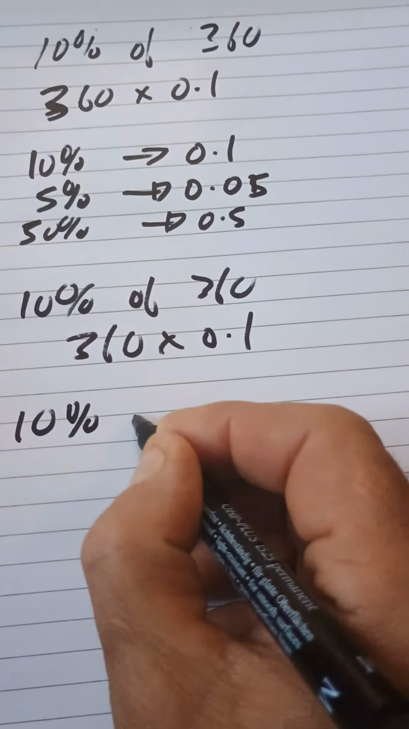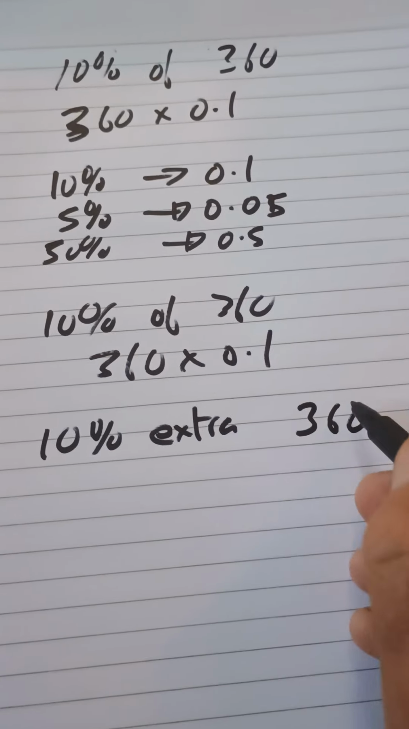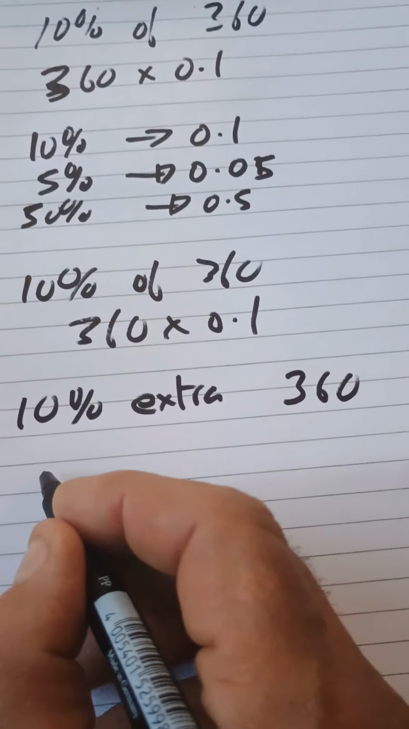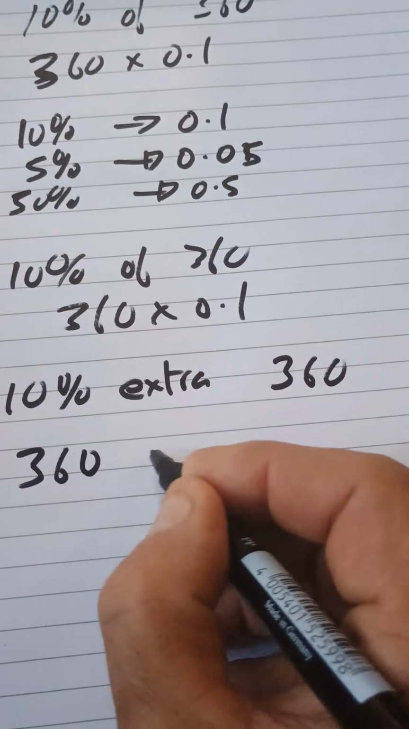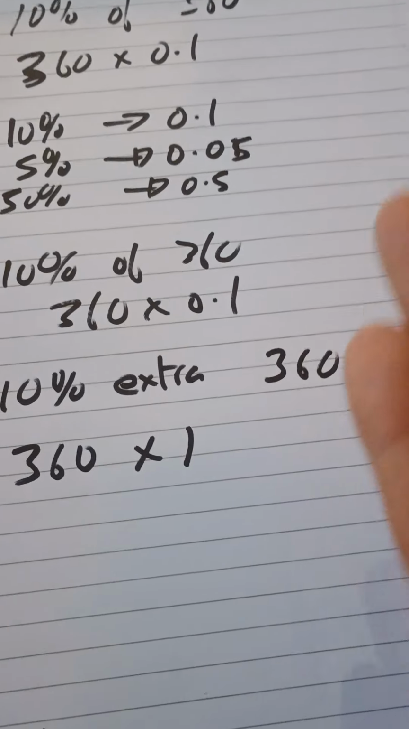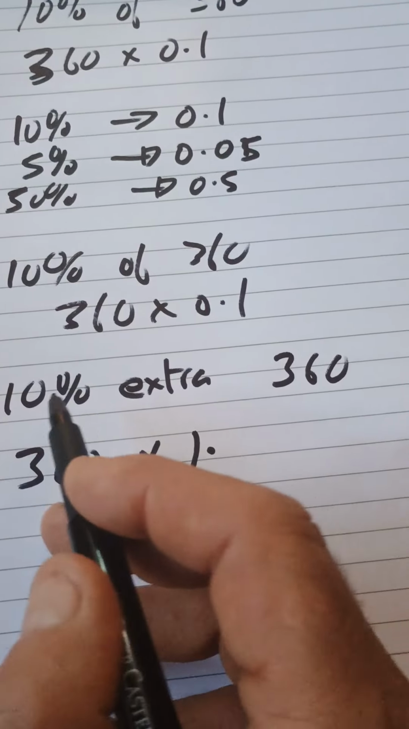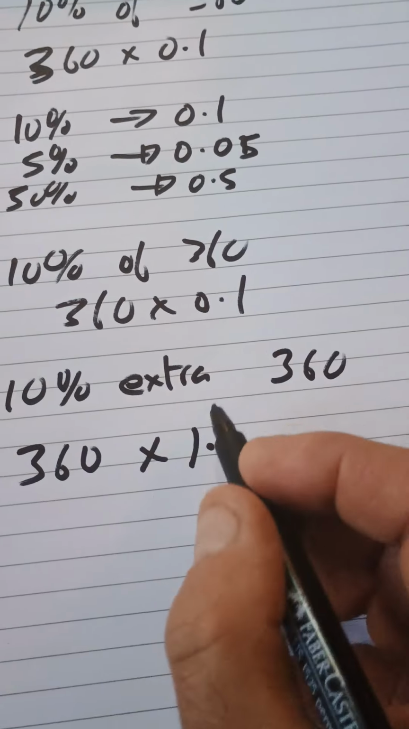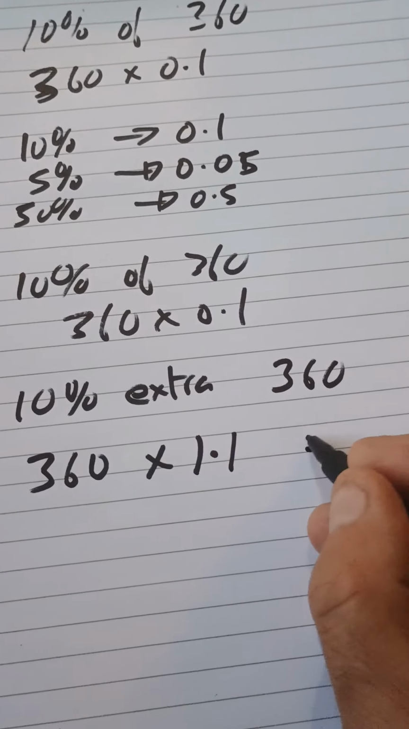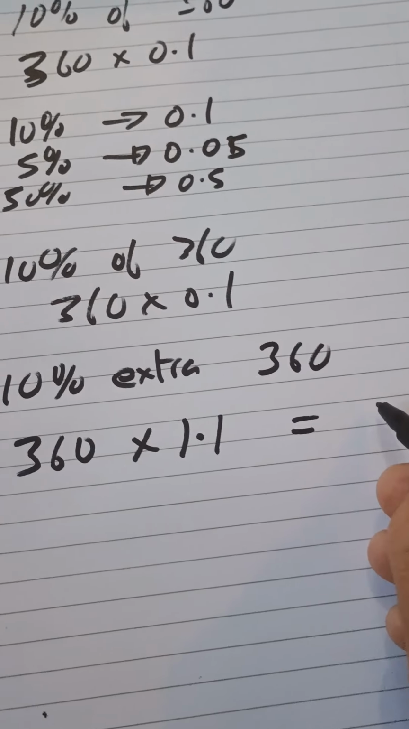10% extra. So you buy a bottle of drink, 360 milliliters, but it's got 10% extra in it. Then the easiest thing is to do 360 times 1. That gives you the 360. Remember, we're adding on 10%. And then we add 10%. There's the 10%, so we do 0.1. So then we end up with 360 times 1.1, which of course is going to be